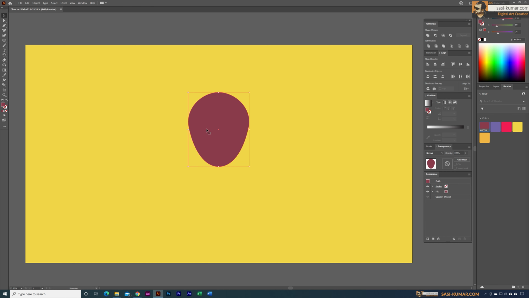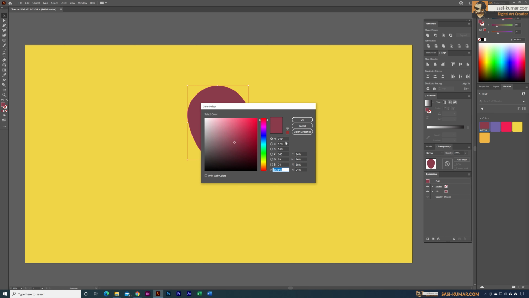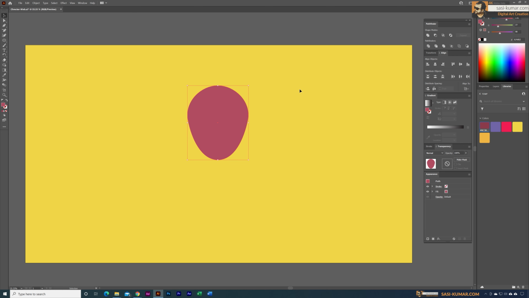So we are going for a very simple character in here, and for this, as I said guys, you don't have to use exact colors. You can use a lighter tone of this color. So you can select this color and double click, which will open up this color picker, and in here you can see there are different values. I'm going to select the brightness, and we can bring the brightness a little bit higher so that it will stay with the same color tone, but we are only increasing the brightness. So I think this color looks okay, and I'm just going to say okay. So it's going to be a unique character color design, and we just stick to this color. All right,